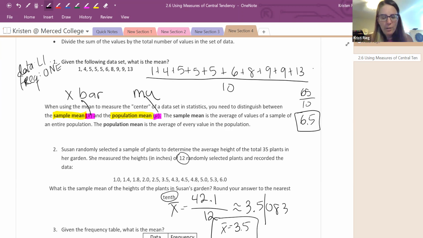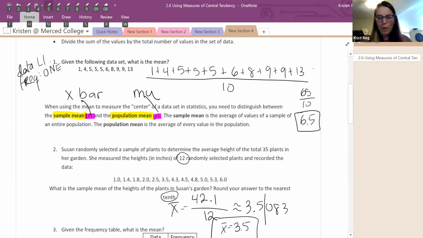Okay, so I'm entering this all into L1 into my calculator. Oh my gosh, I didn't even enter it in yet. So I hit data first, and I'm going to enter in all the data. Let me just clear it out first. Okay, so I'm going to enter 1, 4, 5, 5, 5, 6, 8, 9, 9, 13, all into L1. Now I'm going to go to stat, one variable stats, and then use what I wrote over there where data is in L1, frequency is 1. And when I go down now,